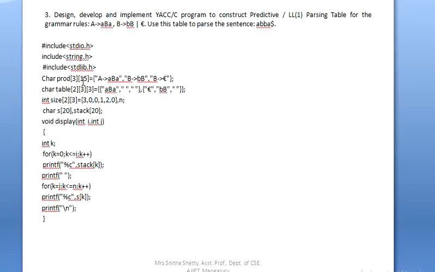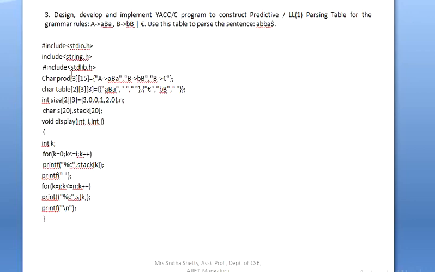Please try to understand this. I need 3 arrays, and look at the first array. The array is of type character, and this is a 2-dimensional array. We know that an array can be 1-dimensional, 2-dimensional, or 3-dimensional. So here you can see production 3, 15. That means there are 3 rows and 15 columns. So the array name is production.